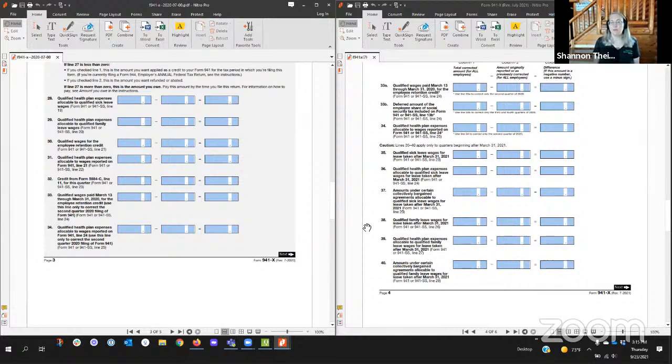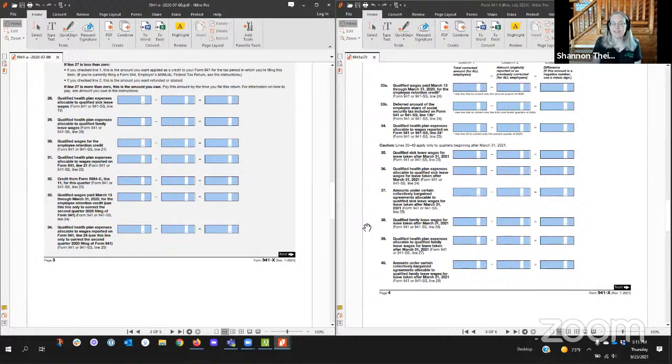So that's the long way of saying it starts April 1st, 2021 for quarter 2. So we've got qualified sick leave wages taken after March 31st, 2021 on an original filed 941, line 23. And then line 36 is qualified health plan expenses